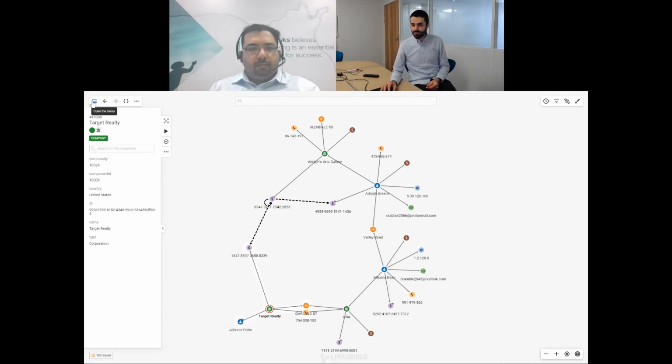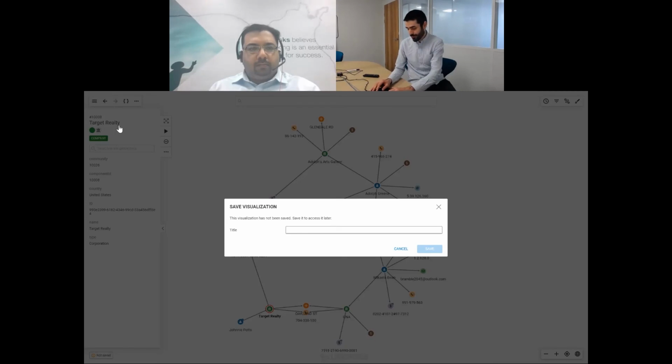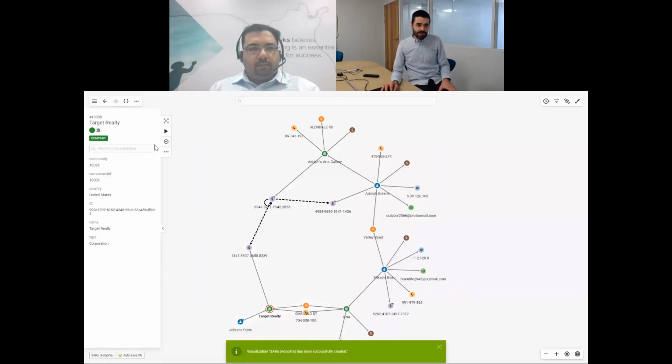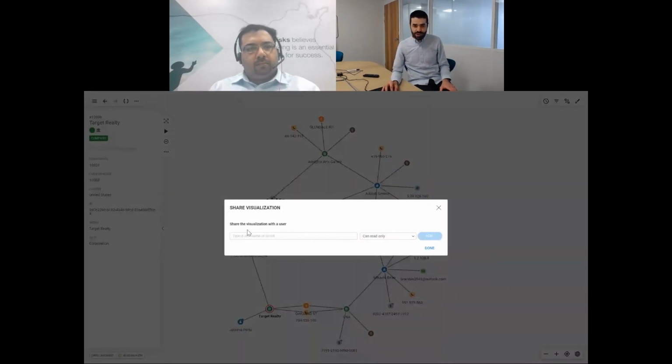Once we have uncovered something of interest, we can share our insights with colleagues. Maybe I want to find a suspicious activity report, and I'm going to do that. I'm just going to pick a name. I'm saving the visualization. I can share that with a colleague. Let's say that I want Regil to have a look at that. I would simply type his email, and he will be able to get access to my results and take it